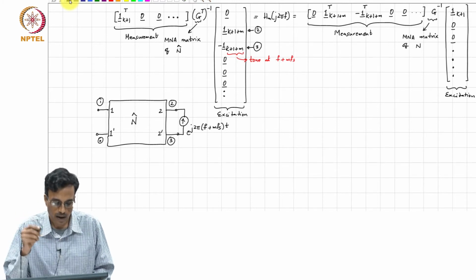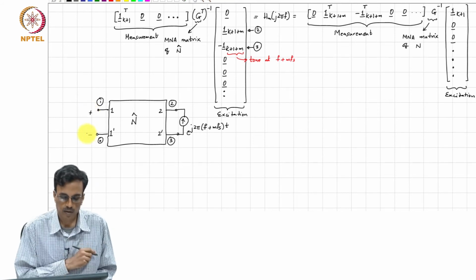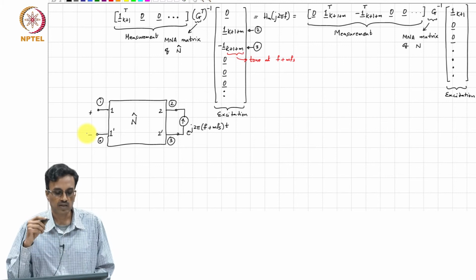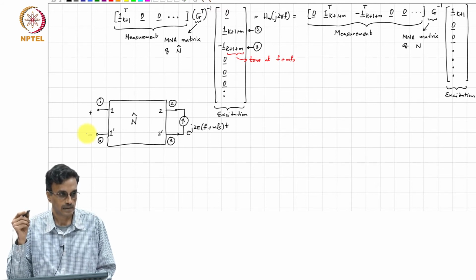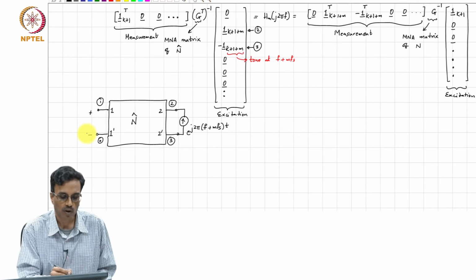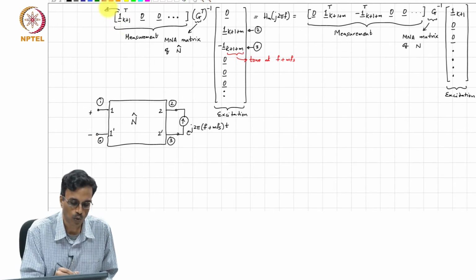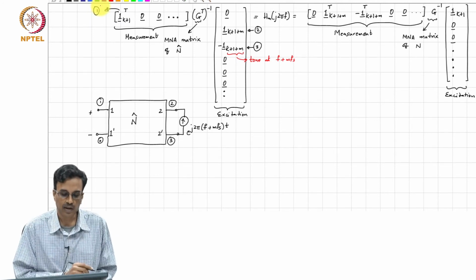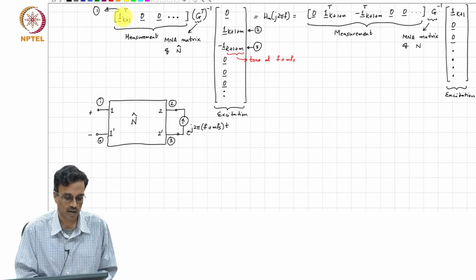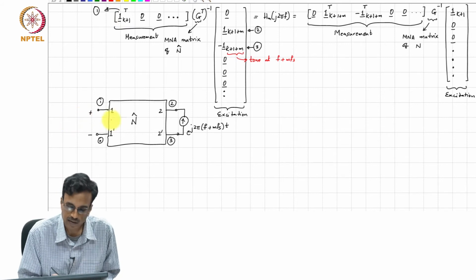All right. And what comment can you make about the measurement? The measurement is now at port 1, and what component are we interested in measuring? This is you are measuring the voltage at node 1 at a frequency of f. The frequency of interest is f only. So, this is basically saying that this is f.